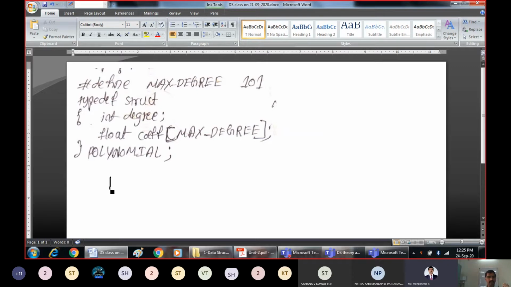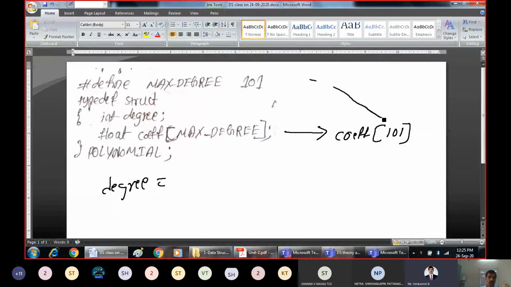Degree is simply an integer variable which can contain any integer value. Whereas coefficient of max degree will get replaced like this: coefficient of 101. That means this 101 is the size of that particular array.